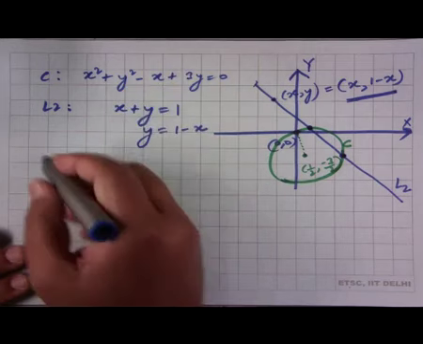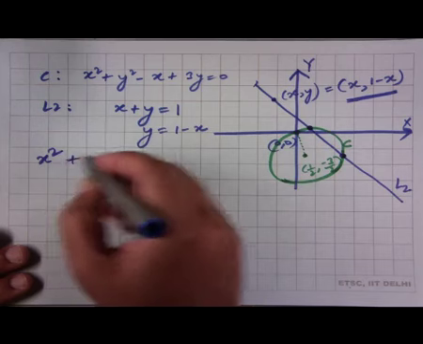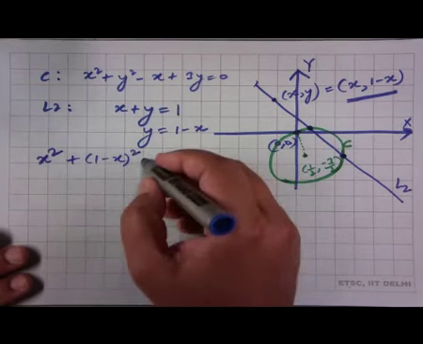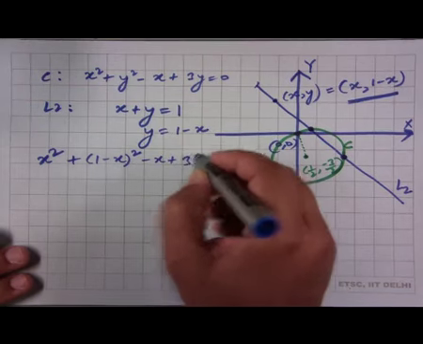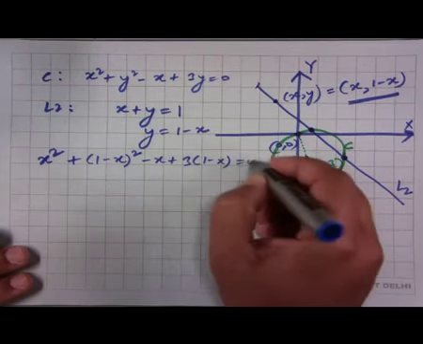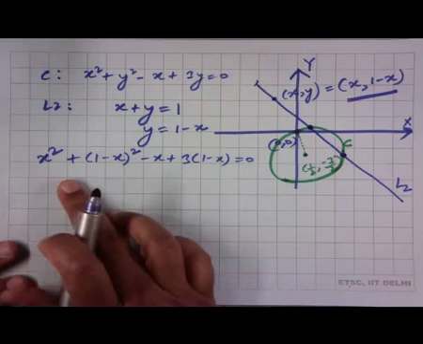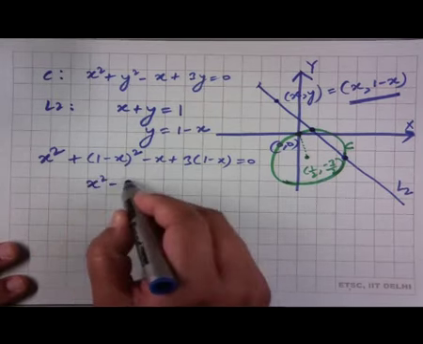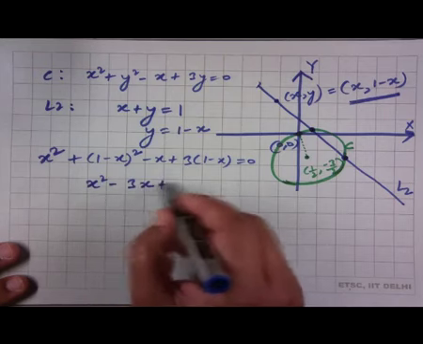So, if we write down that equation, we get x square plus 1 minus x whole square minus x plus 3 into 1 minus x equals 0, and if we simplify this, we get x square minus 3x plus 2 equal to 0,